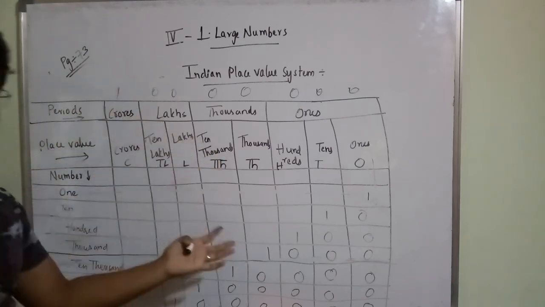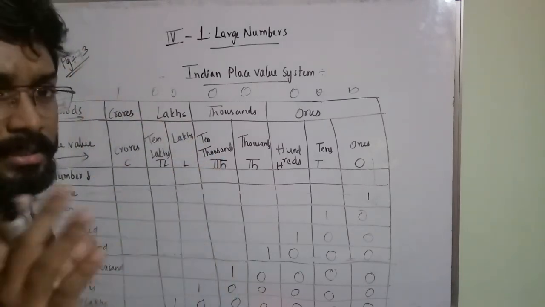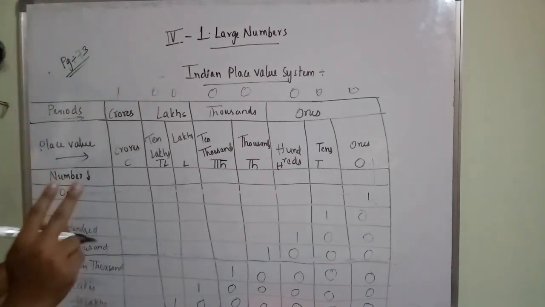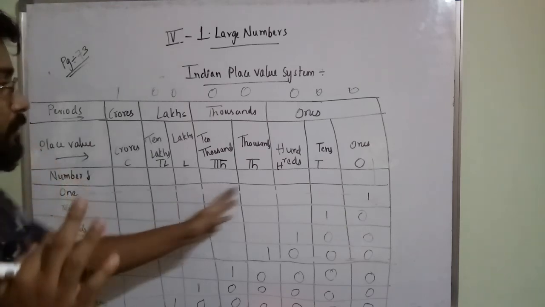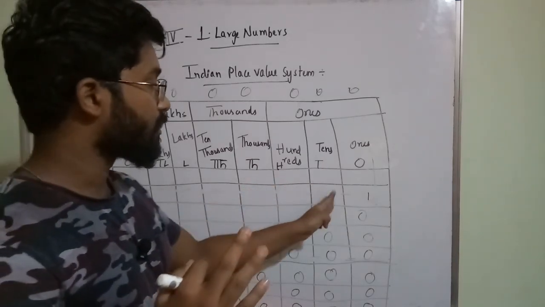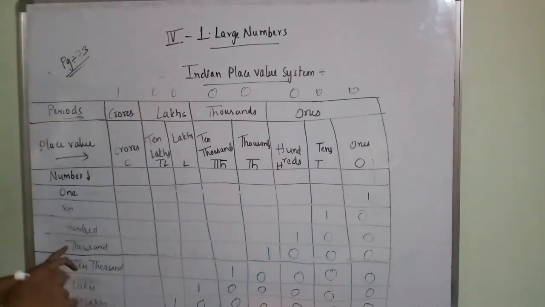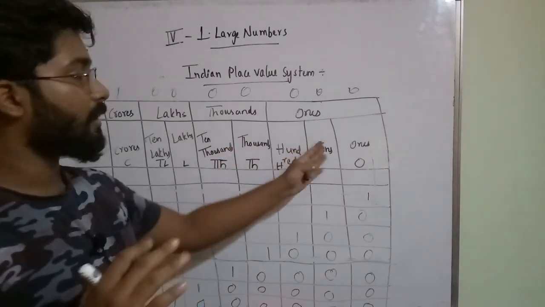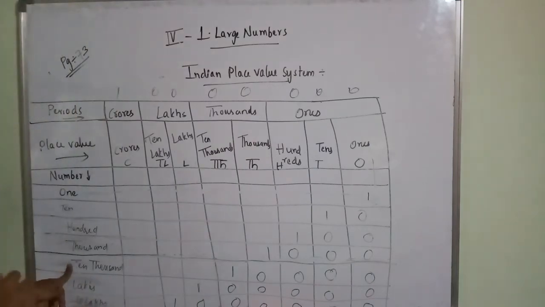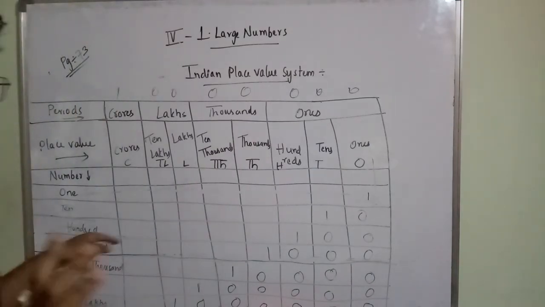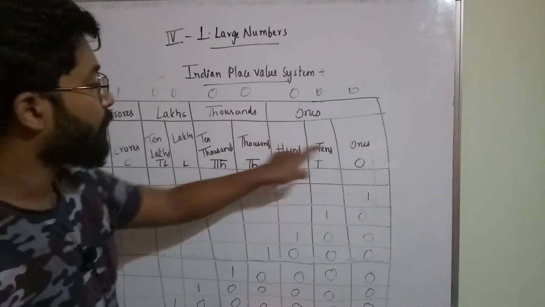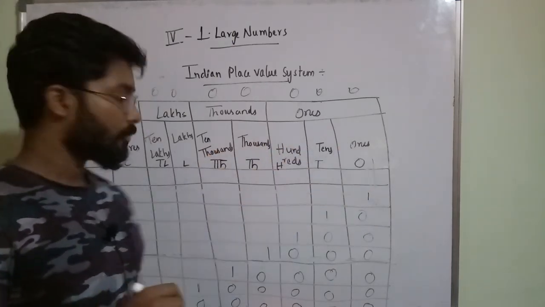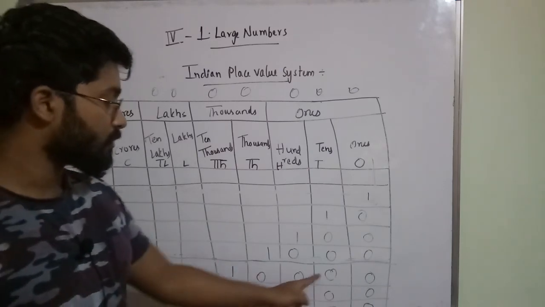Okay, so if you don't want to remember like this, just see how many digits are there in a number. So 10 will have 2 digits, 100 will have 3 digits. So from 3 digits you have to fill 1 0 0, 3 digits completed. 1000 will have how many digits? 4 digits. So you have to start from 1000, hundreds, tens, ones, 4 digits completed. So 10,000 will have 5 digits, no? So 1 2 3 4 5. So you have to start from here 1 0 0 0 0. That's what we got now, 1 0 0 0 0.